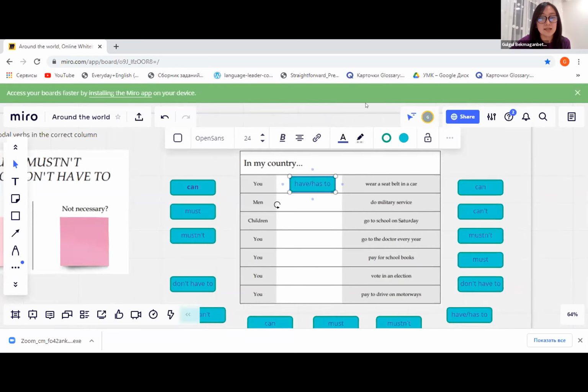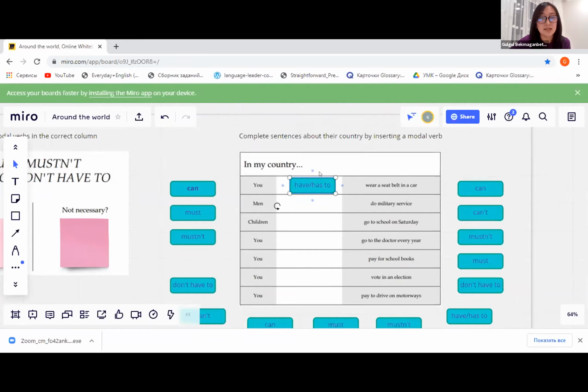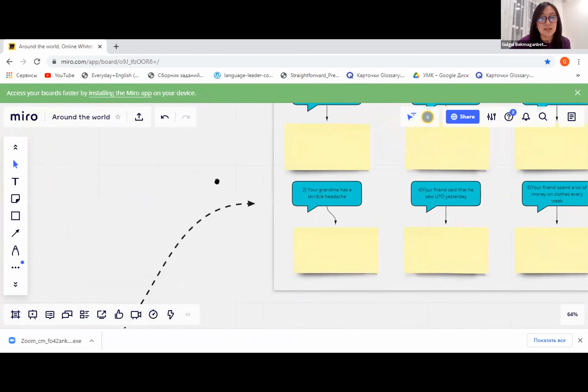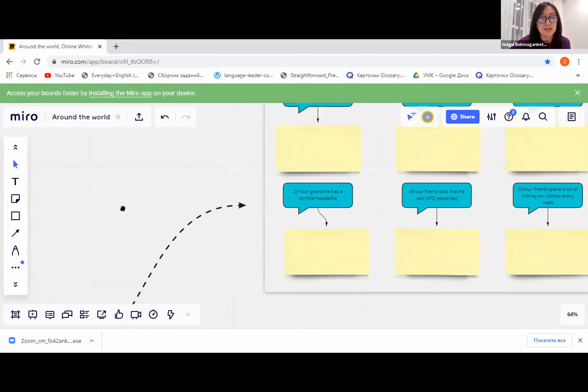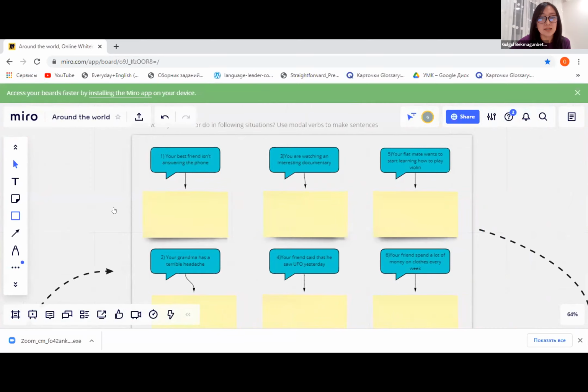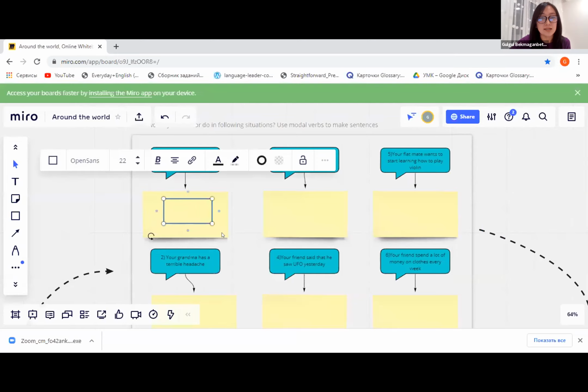Next activity is about situational questions. In this activity, learners have to answer the questions using a shape or sticky note. It's up to them. For example, they can use the shape tool and answer this question, just like this.